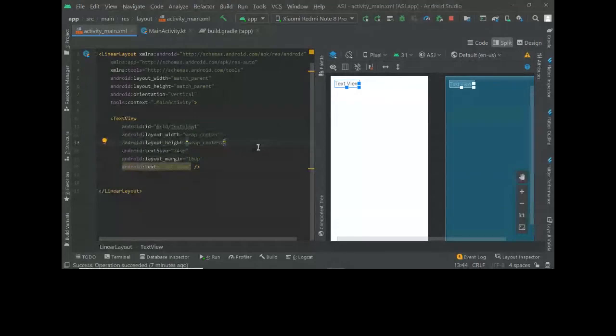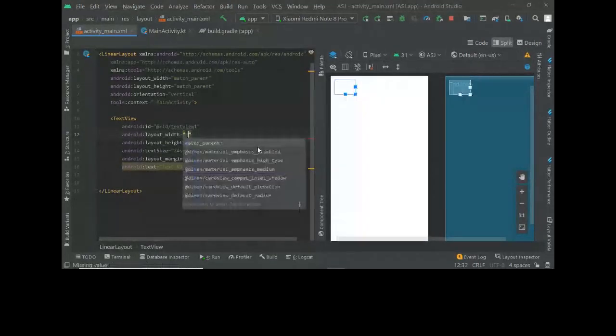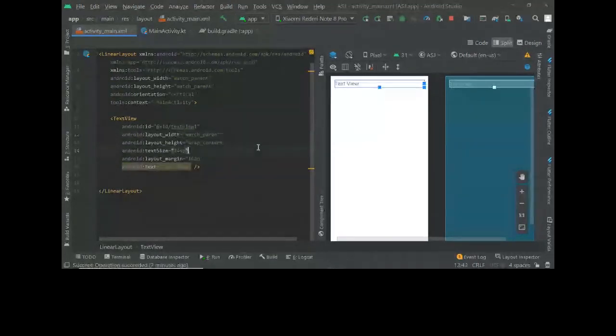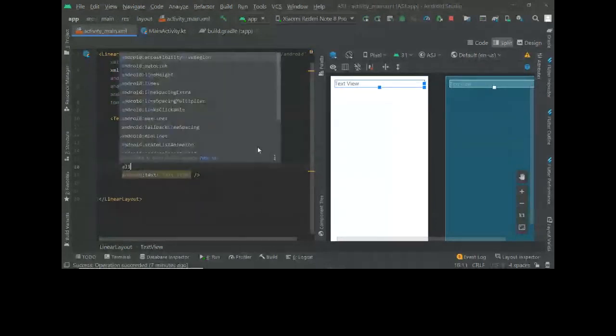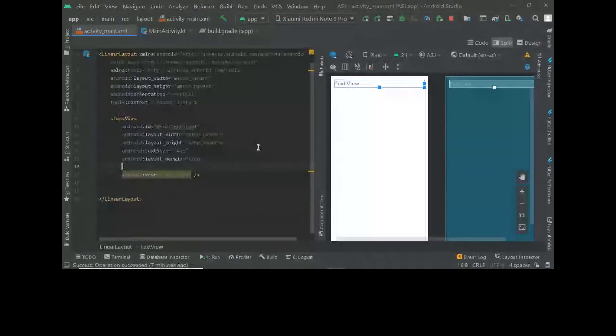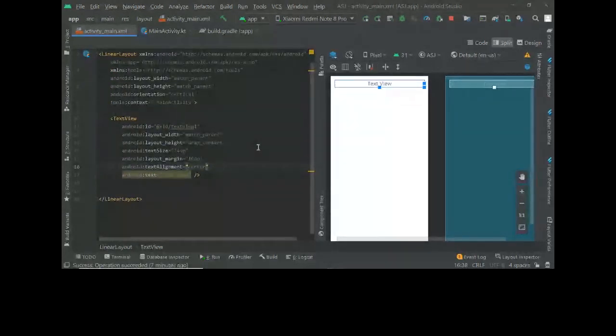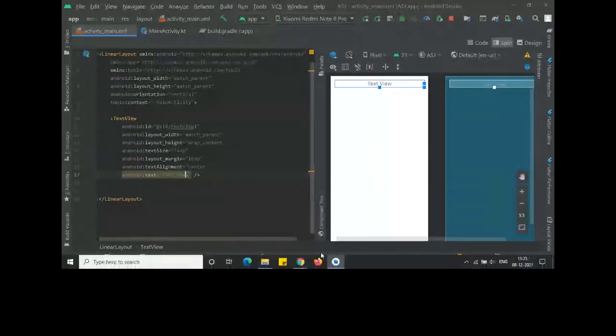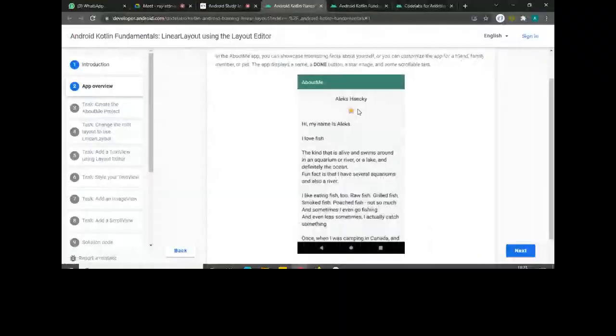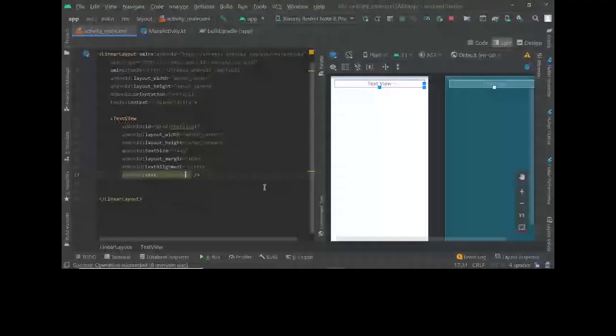You can make the width transparent, and then you can align the text, because this is the whole width and the text will be aligned to the center. And you can see they've added a name.